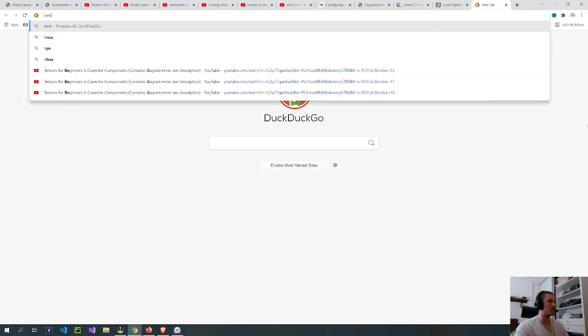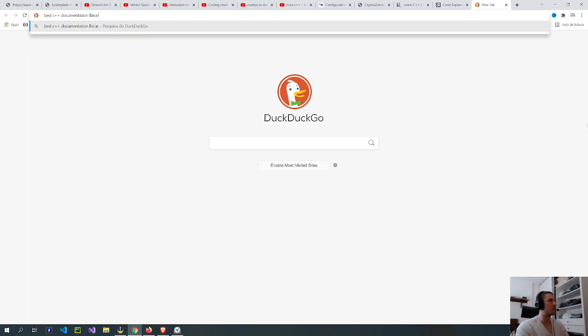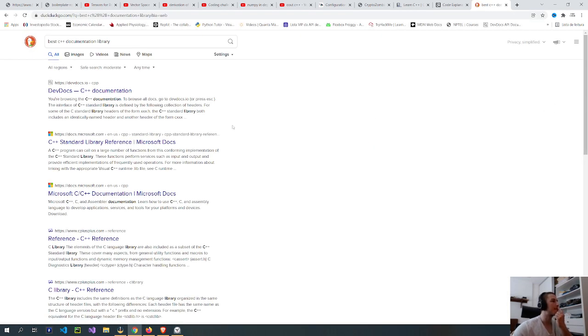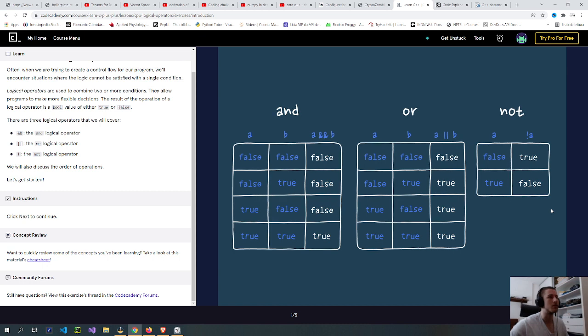So that's the C++ documentation. All right. Trying to think about what I'm gonna do when I finish these lessons, or if I have to pay to finish the lessons.